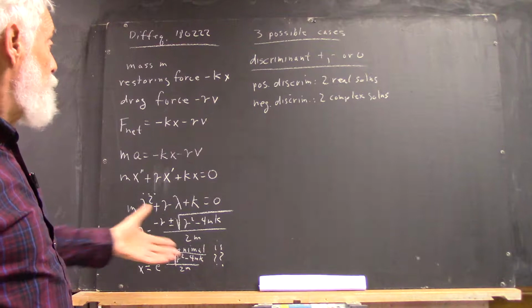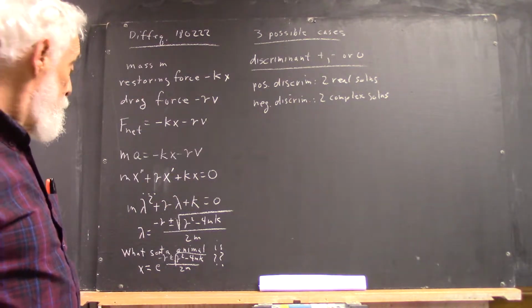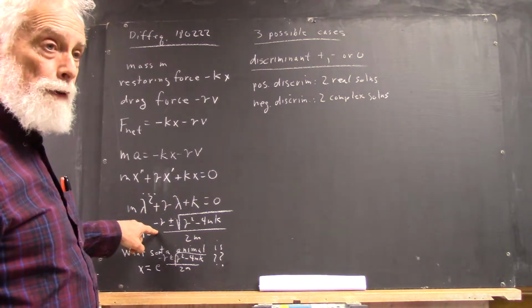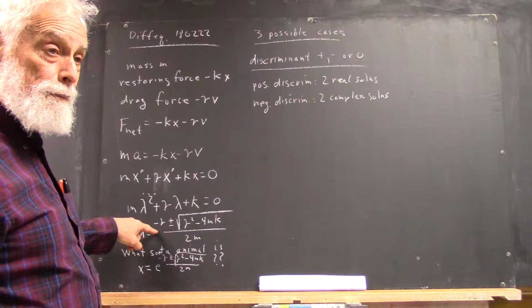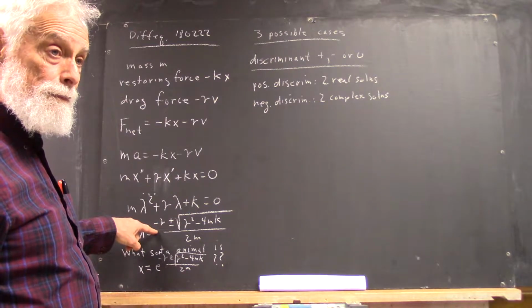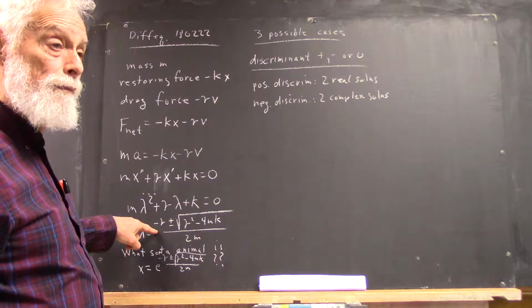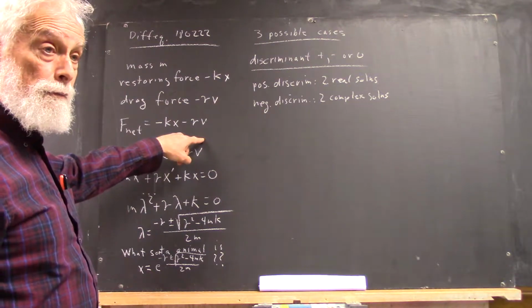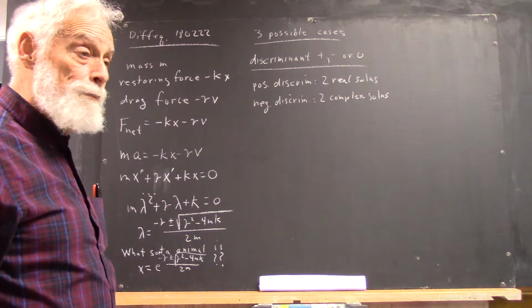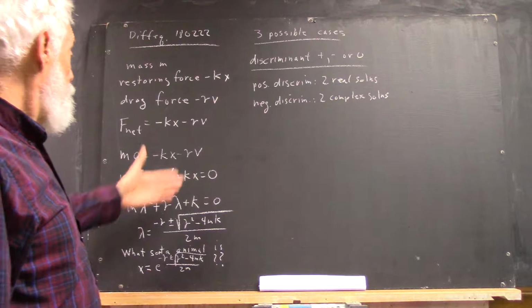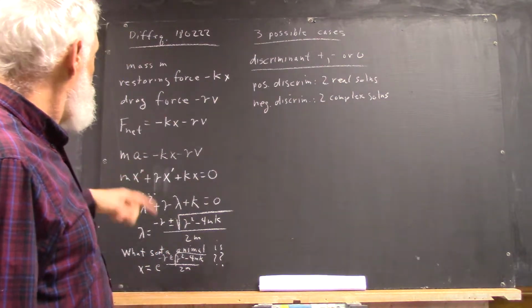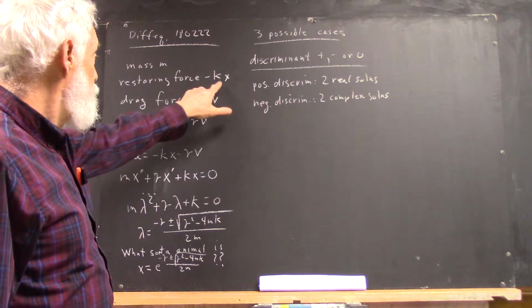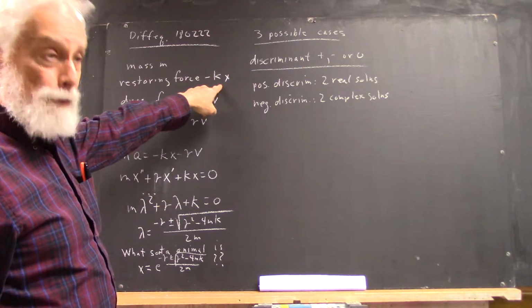Well, what's that mean in the real world? What would it mean for gamma to be 0? I guess that would mean that your drag force would have to be 0. Yeah, you've got no drag, or negligible drag. So if you've got no drag, then you just have what? Well, that means this force isn't there, and this is the only one, and that gives you simple harmonic motion,